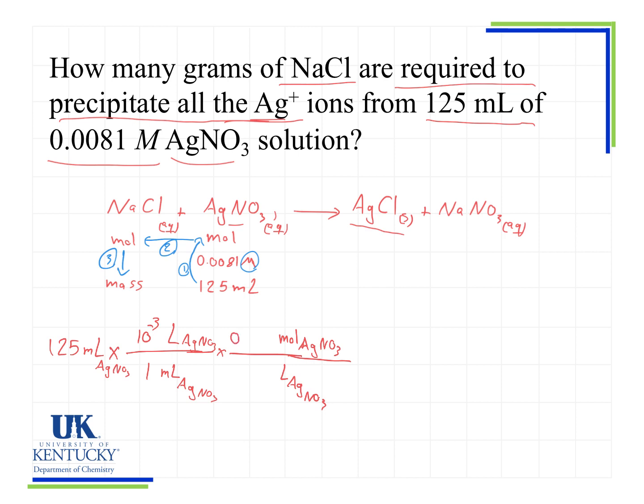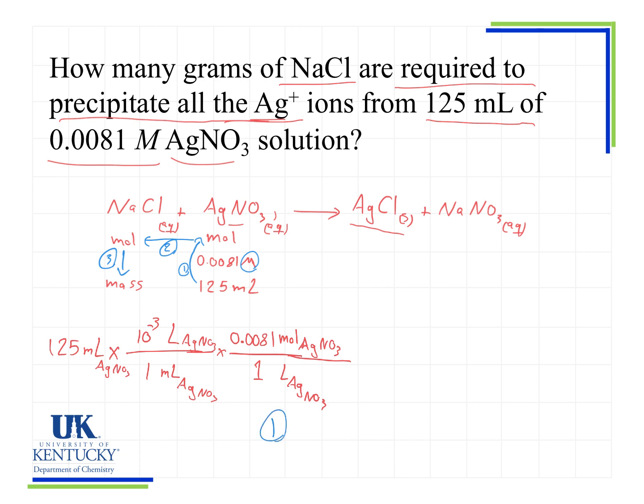So if you have the molarity, it means 0.0081 mole of silver nitrate is in 1 liter of silver nitrate. So right now we have the mole of silver nitrate. So that's the first step. We had one pre-step before the first step to convert milliliter to liter, but this is our first step